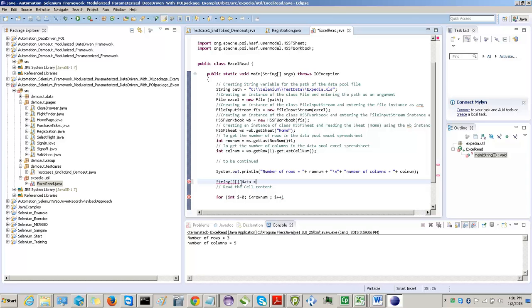Let's call it data. So I'll create a new instance, since string is a class, so I'll have to create a new instance of string, whose length is fixed. I already know the length, so the first index length is row num, that means number of rows, and the second one is column, horizontal and vertical. Okay, so inside the for loop,